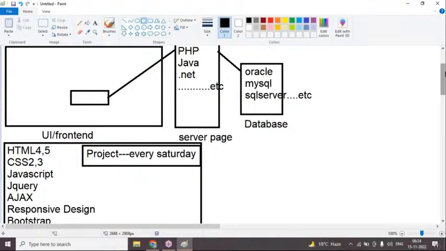Here I'm discussing front-end programming. Under this: HTML 4 and 5, CSS 2 and 3, JavaScript, jQuery, Ajax, responsive design. These are all topics I'm going to cover in front-end. But here presently,